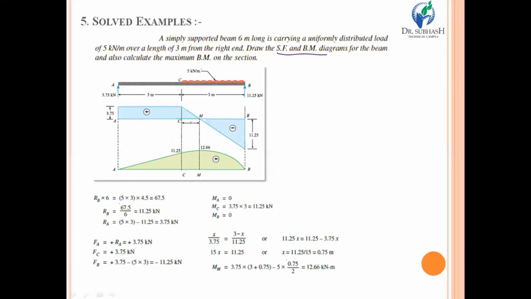Now we need to calculate the maximum bending moment. It's very easy to calculate. You just need to focus upon this section. There are basically two triangles, so a simple ratio has been taken. This is the point of contraflexure. It is simply crossing the horizontal line, or we can say it is the point through which the sign